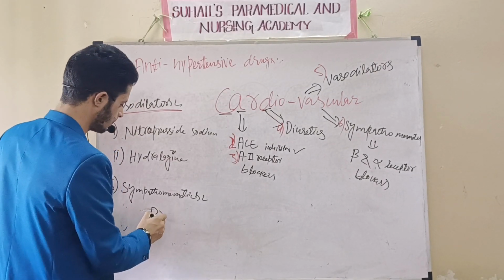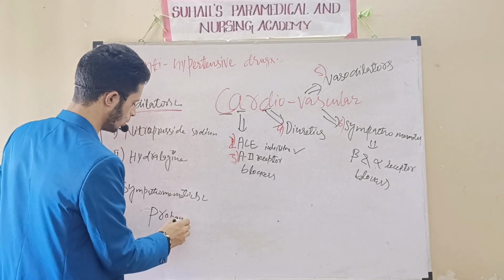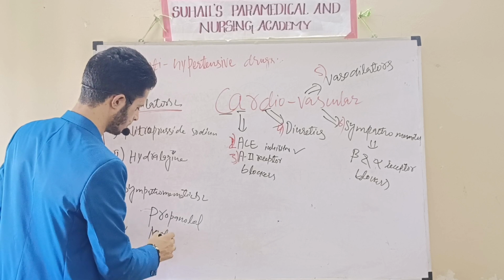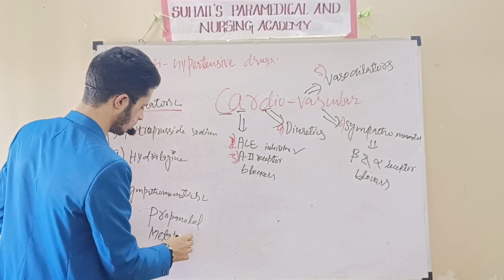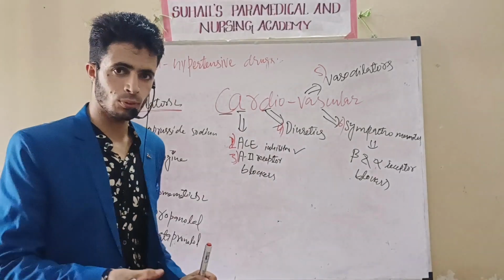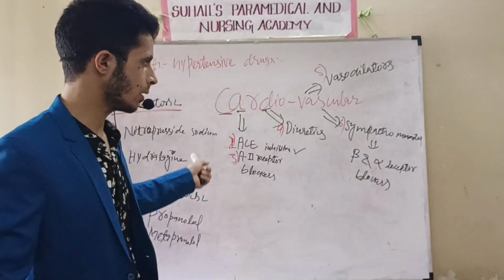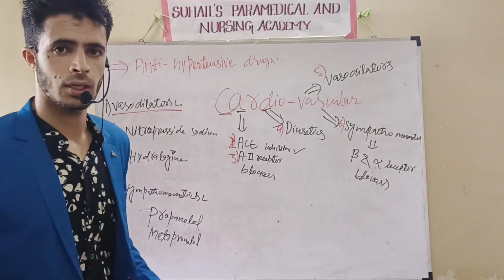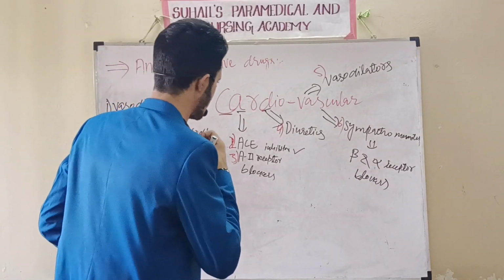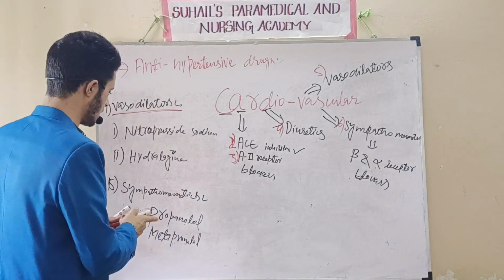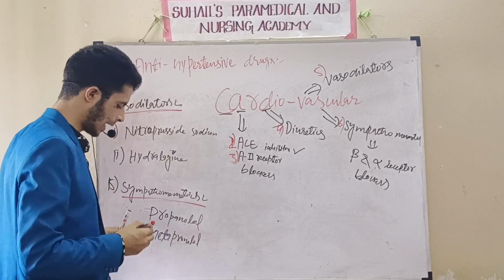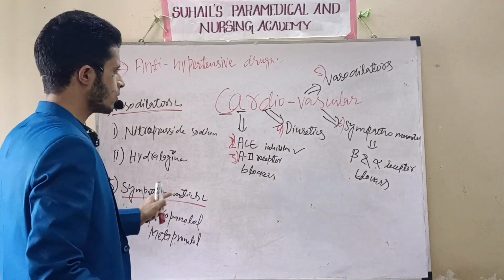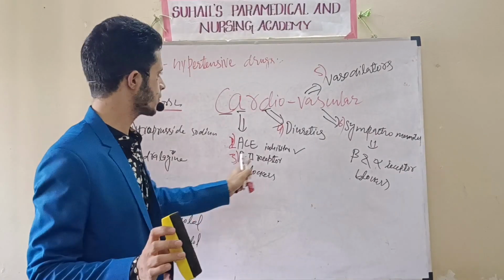Sympathomimetic is propranolol, metoprolol. At least you can also check the book whether the drugs I am putting in the classifications are right or wrong. Sometimes I am thinking something different, but here I am putting something different. That you have to check in the book also. That is your work. Sympathomimetics includes propranolol and metoprolol. So this was all about the classification of